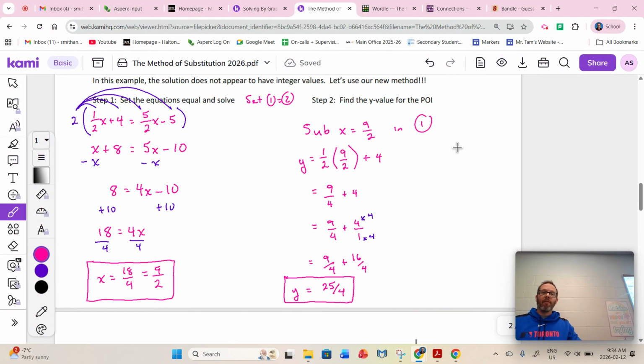But as I said, guys, I do need to make sure that people moving on to the higher level courses, you're comfortable working with fractions. So I did want to mix